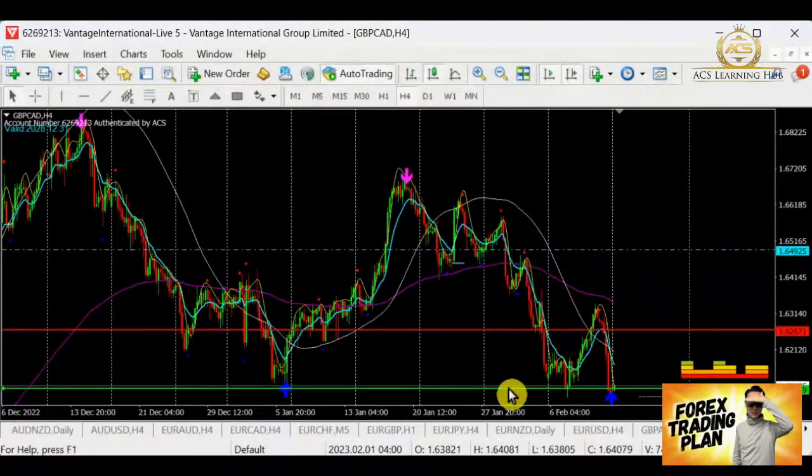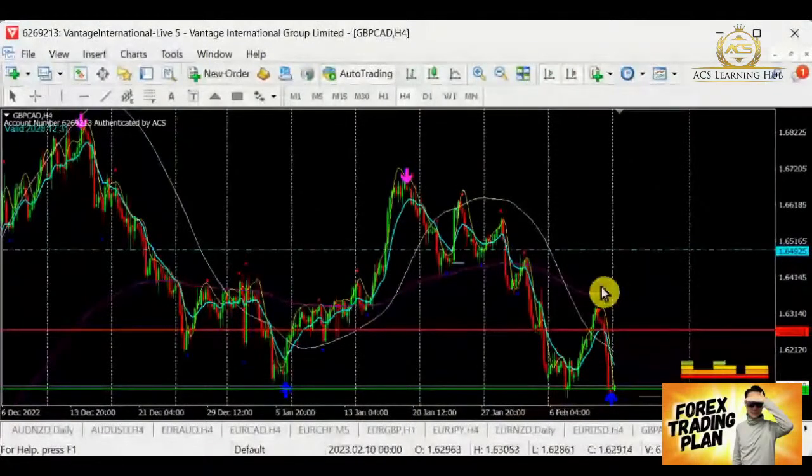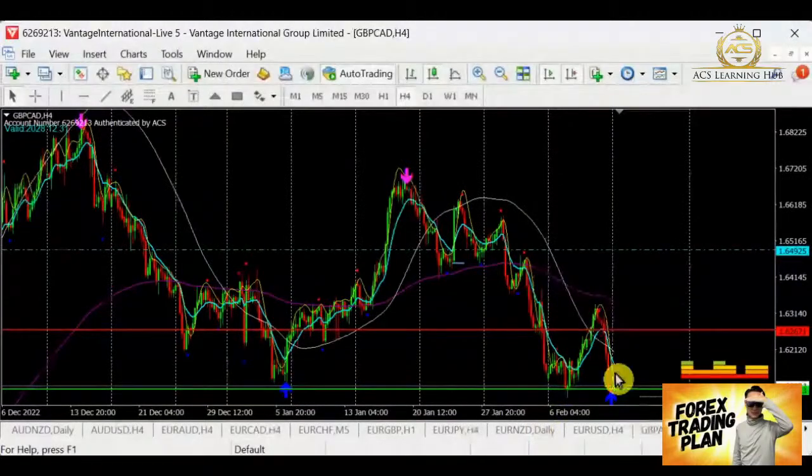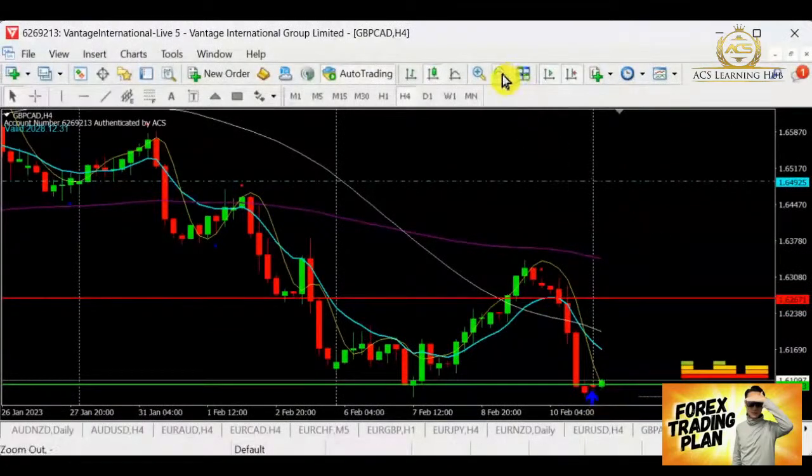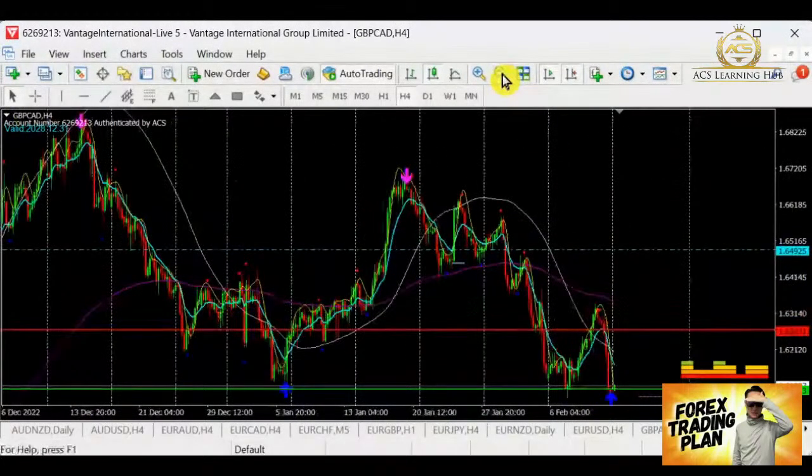For Pow Cat, I will say allow it to break this support, because now it's retesting the support over here, so it may be a fake out. It can also become a buy after that. Then it may give a wrong signal to sell. So I would suggest that for Pow Cat, let's skip this first.